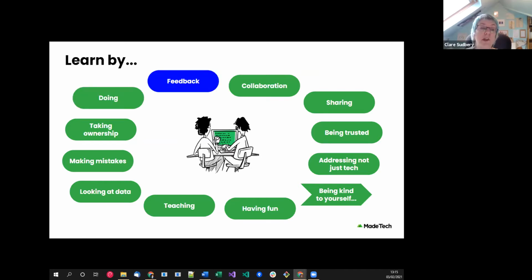Another great way that we learn is by giving and receiving feedback. And having a feedback culture is a really important part of having a learning culture. So this is where you don't just wait for once a year. You don't even wait for once a quarter. You're constantly asking your colleagues for feedback on all of the things that you're interested in improving and sustaining, and